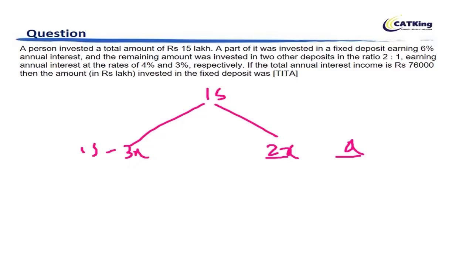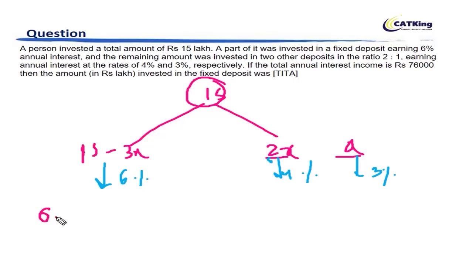So the interest that the person is getting here is 6%, the interest at 2x is 4%, and the interest at x is 3%. Now this 15 is 15 lakhs, so if we keep the entire equation in lakhs, we get 15 minus 3x into 6%. So 15 into 0.06 becomes 0.9